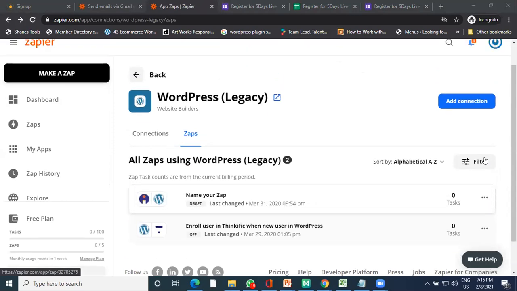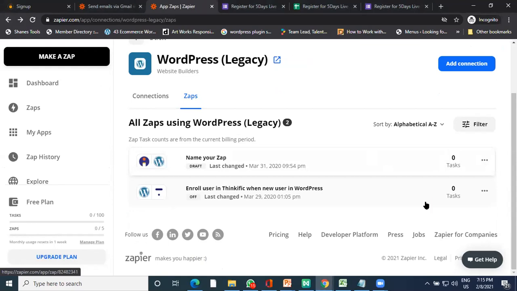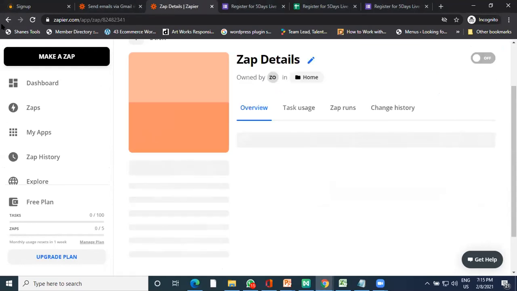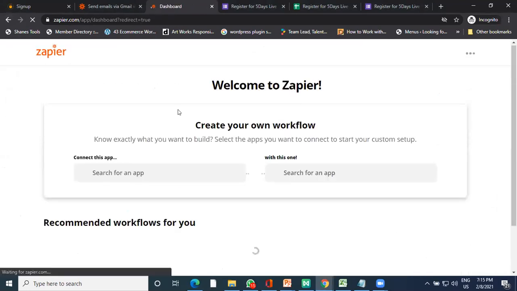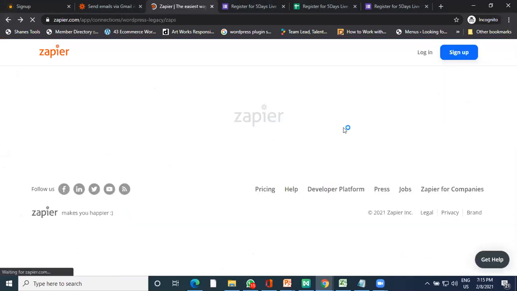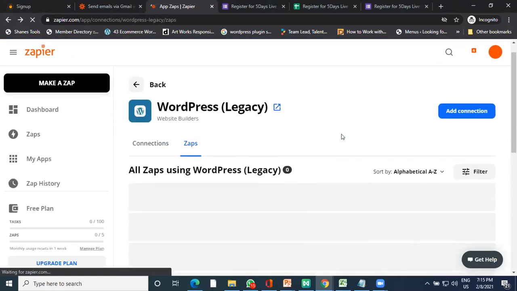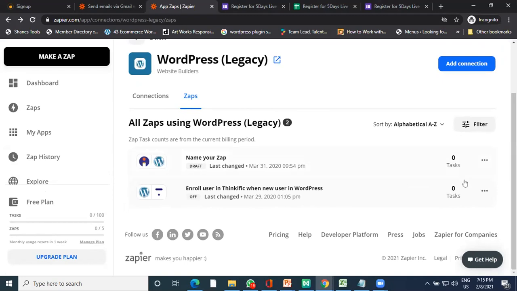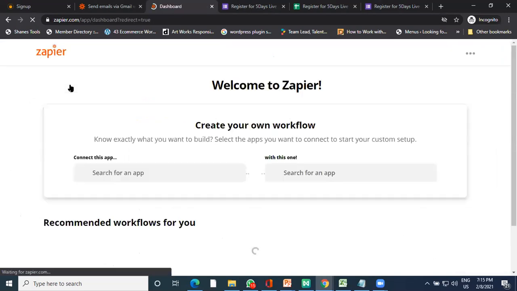I'm just trying to delete this Zap. Why is it not deleting? I'll show you with the one which I have done, if I can delete and recreate it. Because it's a free account, it has limitations and is not going to allow you more than that. So I just need to remove a couple of them.